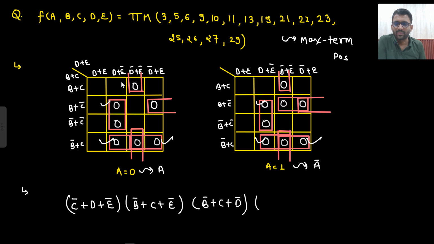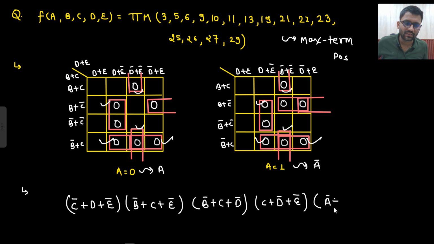Now talking about this pair, that is also common, A is also common. What about this one? Here C is constant and D bar plus E bar, C plus D bar plus E bar, right? So this pair and this pair is gone. Which one is left? This is left. So this is there only in A bar. So A bar plus